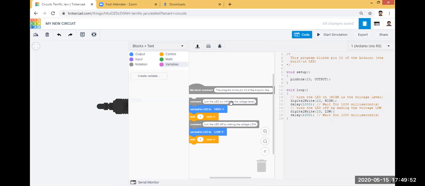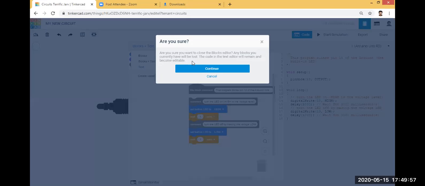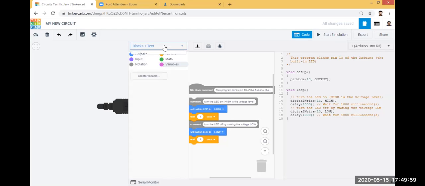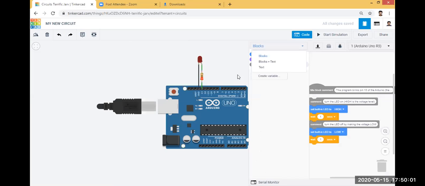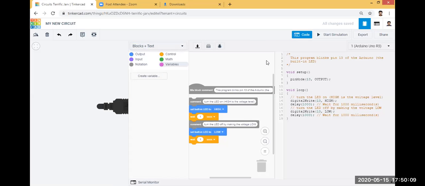You can see this program also. If you want to see the blocks only, click the blocks button. If you want to see blocks plus text, you can see the blocks and the text. So here you can see the program on the right side.